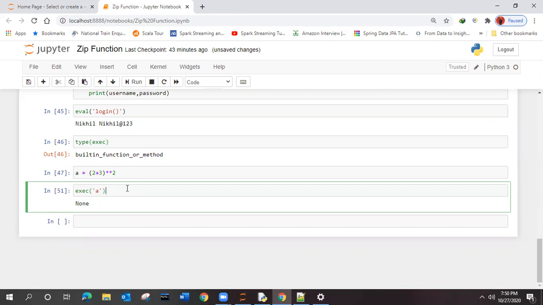Then what is the point of using execute when we don't get anything? We can still get the things which we write here. But suppose somebody is calling you, then you give one signal that you are present, right?